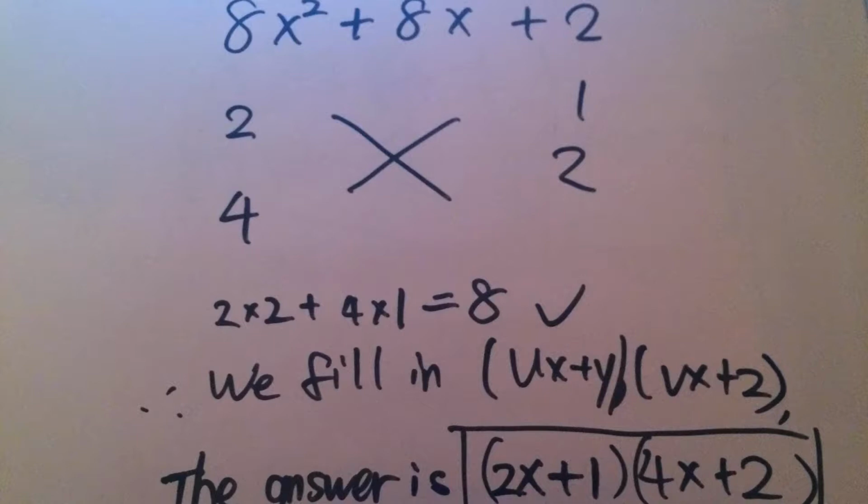Then we fill in the blanks of open parentheses ux plus y close parentheses, open parentheses vx plus z close parentheses. As a result, we get open parentheses 2x plus 1 close parentheses, open parentheses 4x plus 2 close parentheses. In the end,